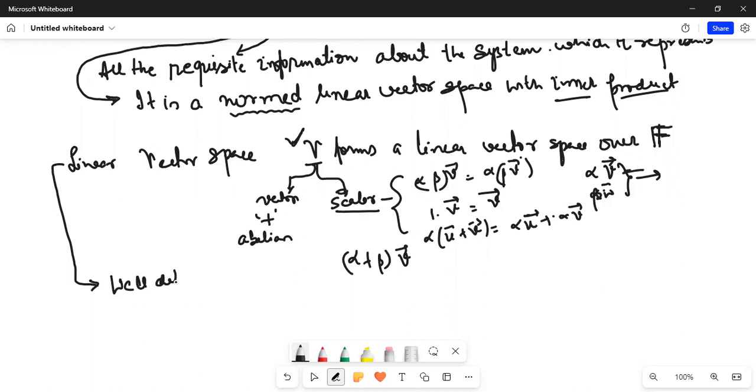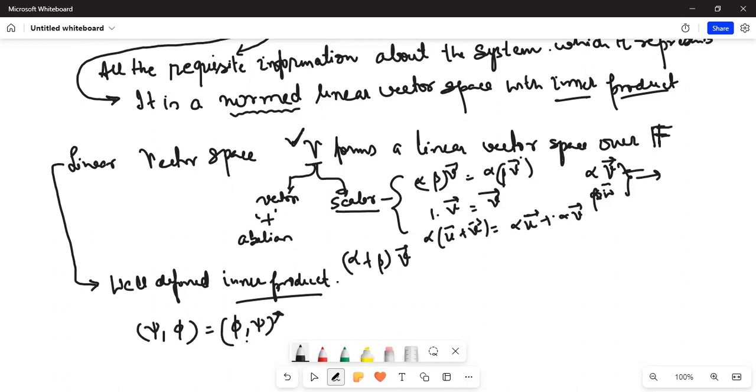Right now you can associate with it something called a well-defined inner product, the scalar product. And there were certain properties. If I'm doing an inner product of psi with respect to phi, then it is equal to the conjugate of the inner product of phi comma psi. And similarly, if I